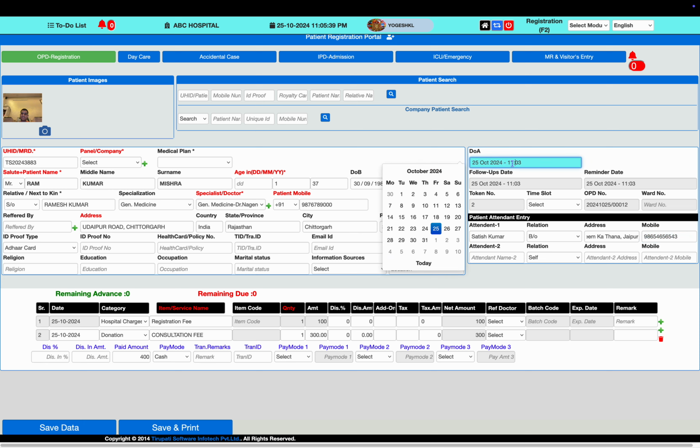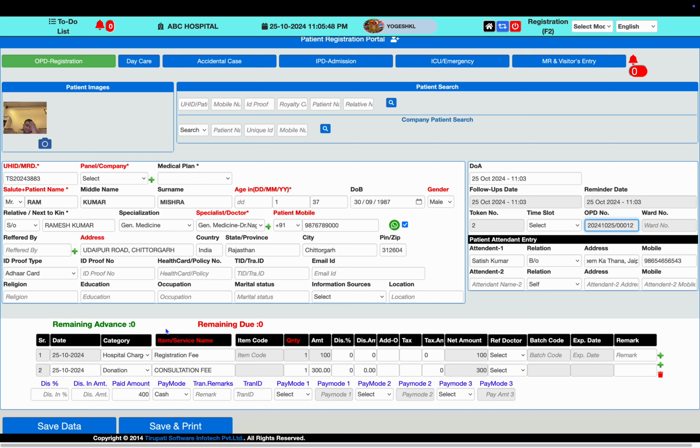These are the system generated admission date, follow-up date, reminder date, OP number, and patient quantity. So this key information you can capture from the patient while creating a patient for OP entry.